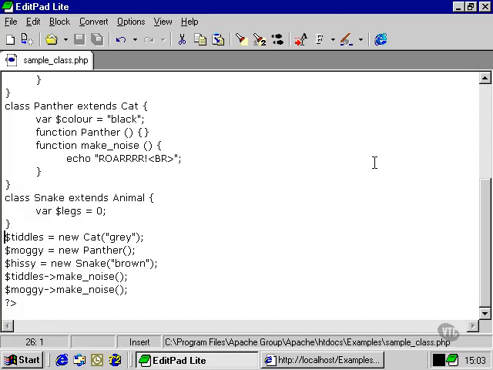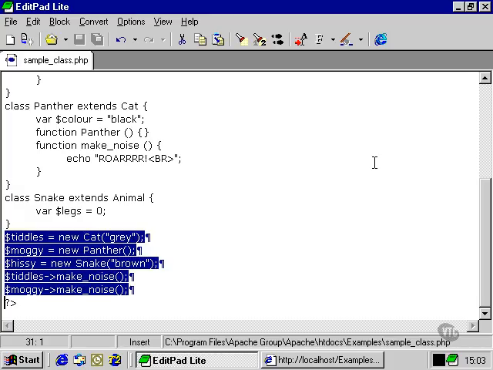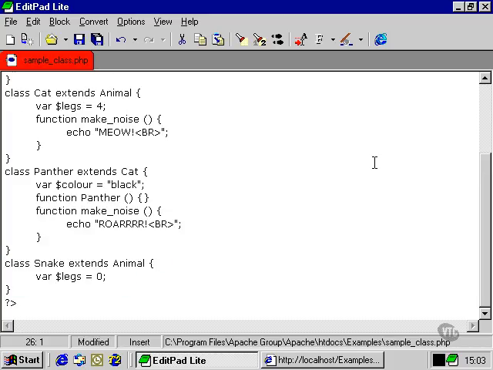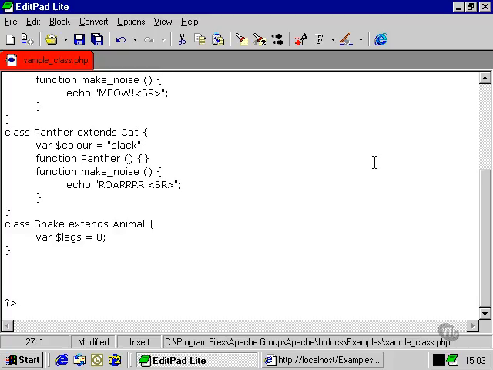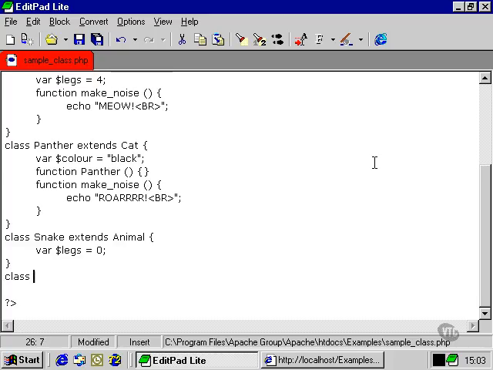Let's have a look at the way aggregation of objects can work. We're going to take out these instantiating commands down here, and we're going to create a new class, and this class will be called pet shop, and it's not going to inherit from any of the other classes we've defined at the moment. Now we're going to set up some attributes within the pet shop